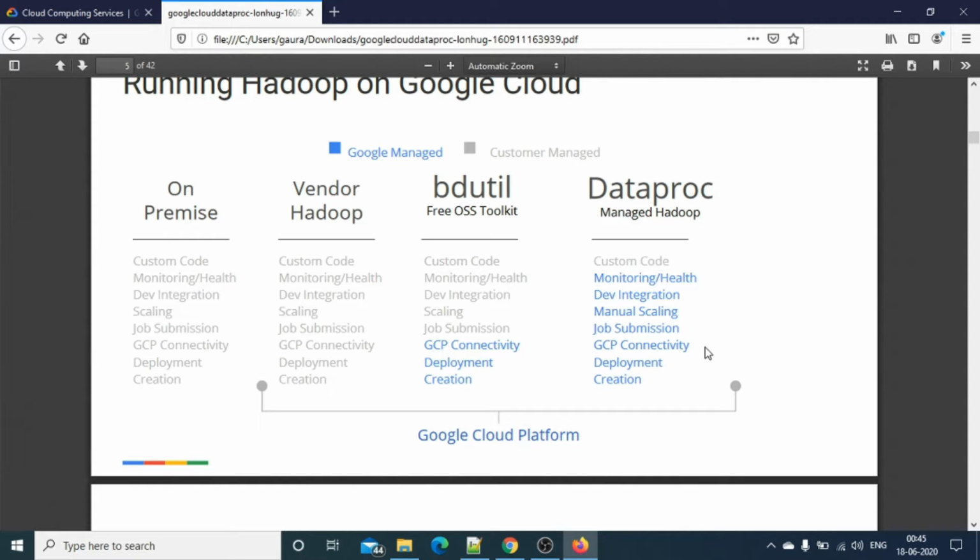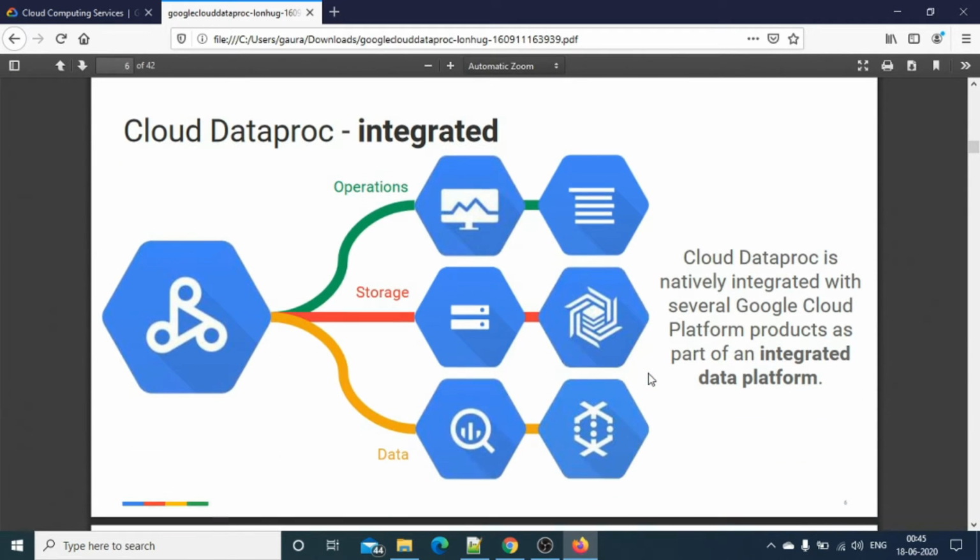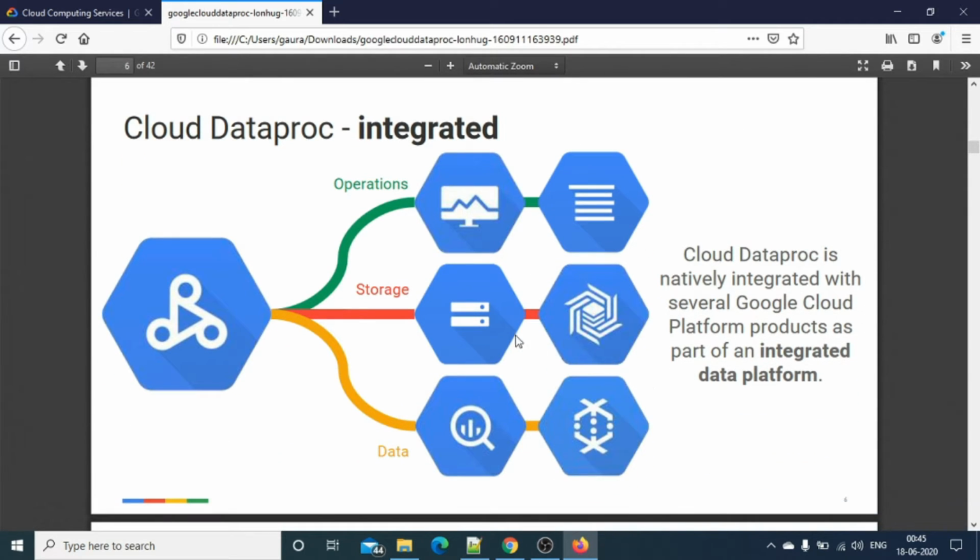like BigQuery. You must have heard that BigQuery is treated as a data warehouse in Google Cloud, and it's working on top of high computational service like GPU. So you can get the response in quick time. And now you can see this simple Cloud Dataproc is integrated with the operations. These are the machines running behind this Dataproc, and you can see the storage.